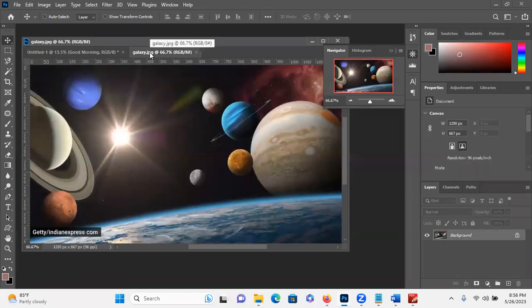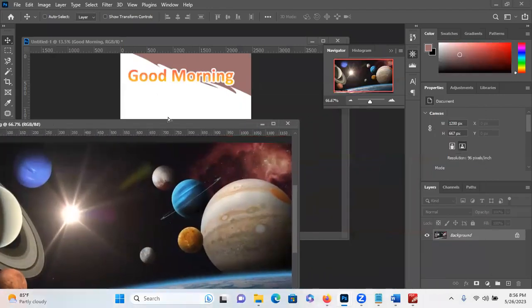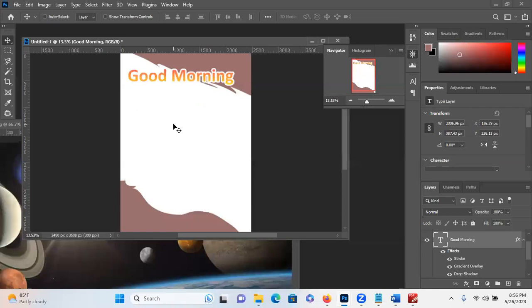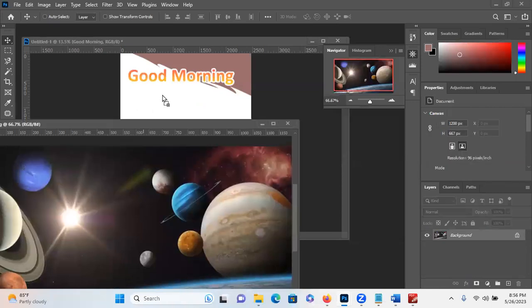If you want to apply these images into separate windows, you can click on the heading and drag it down. Then I'm going to apply this one here. To do that, what I'm going to do, just click here and drag and drop the image in the other